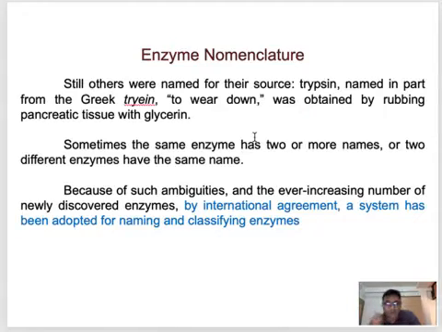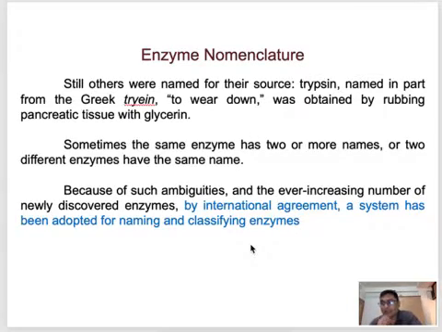As there was no uniformity in the naming, sometimes the same enzyme has two or more names, or two different enzymes can have the same name. This is a problem, there is no uniformity. One particular enzyme may have several names, and two different enzymes may have the same name. This creates confusion. So to overcome these ambiguities, and also as the number of newly discovered enzymes is increasing,